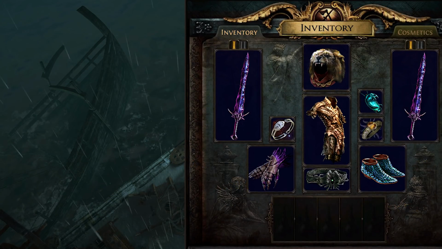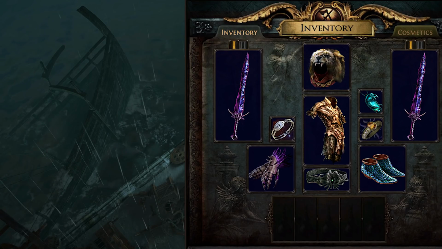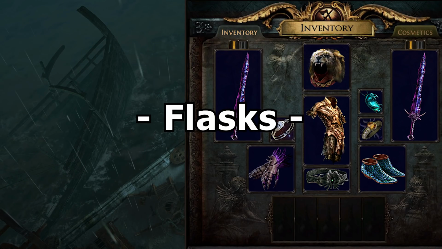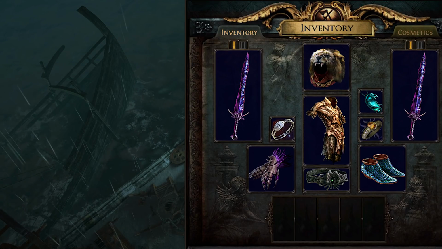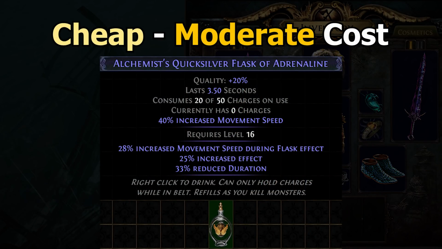And with that said, the primary gear choices are complete, and it's time to discuss the flasks that fuel the build. First and foremost, we need movement speed, so we're going to be picking up a Quicksilver Flask of Adrenaline. This grants us an additional movement speed roll on top of the movement speed it already provides, up to a total of 70% increased movement speed, and for the secondary effect, I would recommend looking for the increased effect version